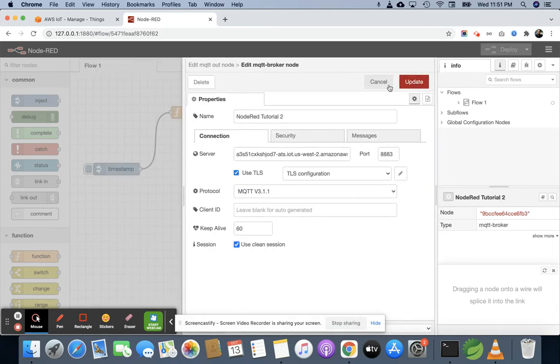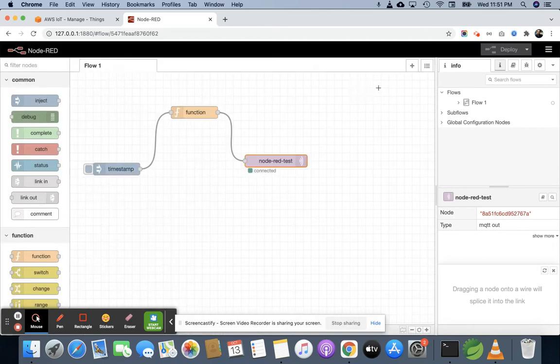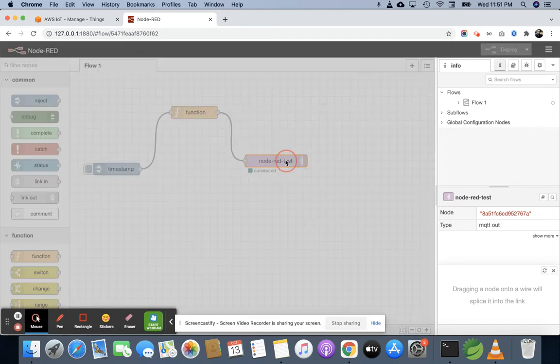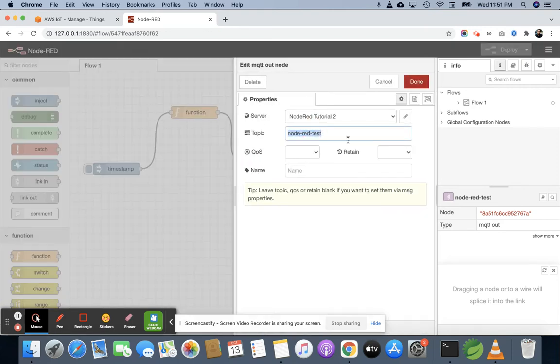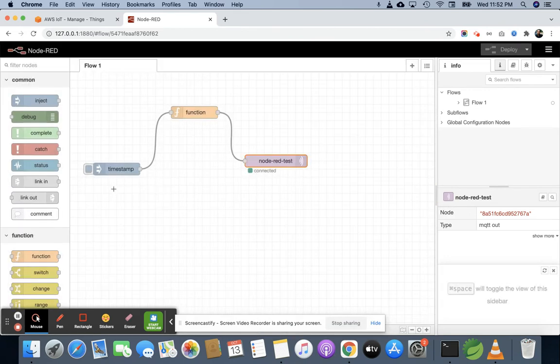Now everything has been completed from this side, and we are sending data on this topic, the Node-RED test topic, right? Okay, so this is the full flow. The timestamp is the inject, and it will inject a message, and in the function we are modifying the message according to our requirements, and we are sending it to the MQTT protocol, right?